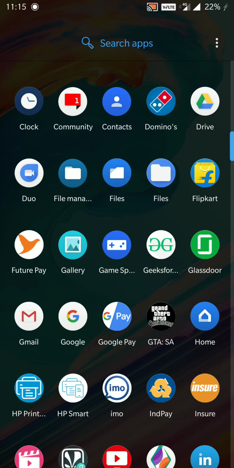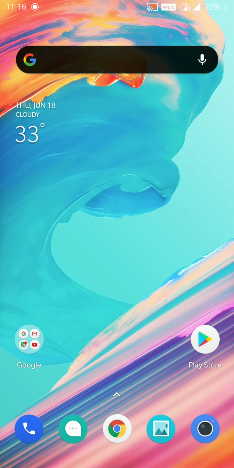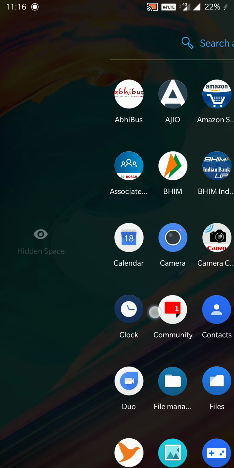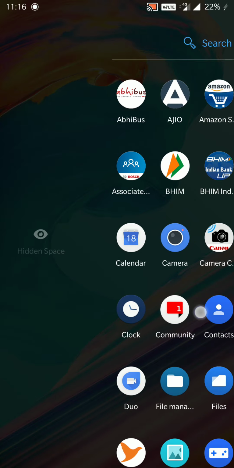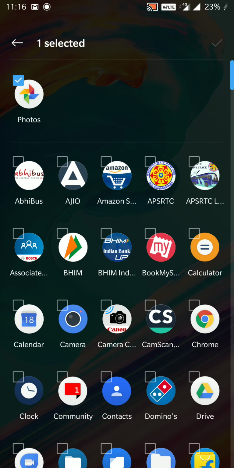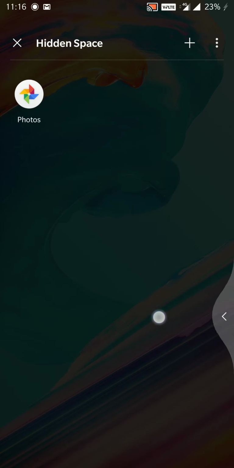And one more thing, it is there from the previous version also. If you do this, a half screen, you can see the hidden space. This is encrypted, and you can hide your apps there. It can be authenticated using your fingerprint. After that, you can add whatever apps you want to add. They won't show on your home screen, and they won't show in the shelf either. So that is one more feature you can get to know.